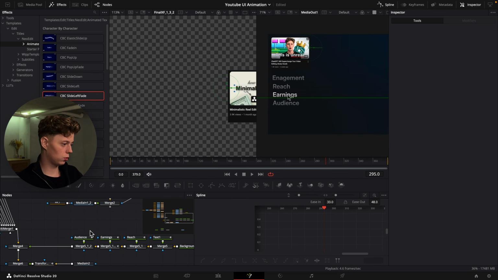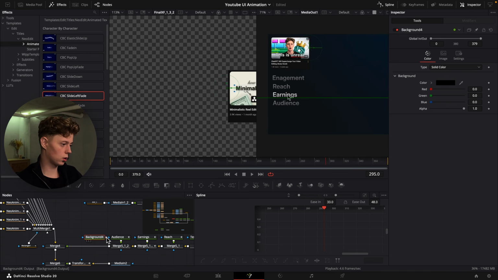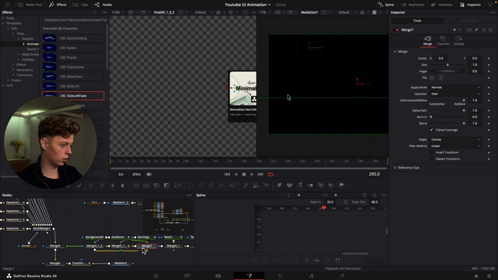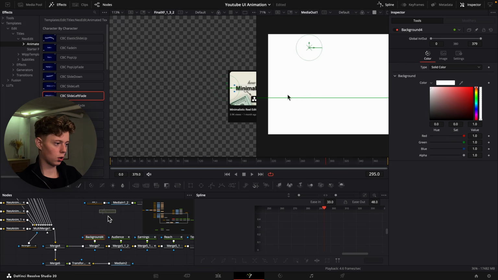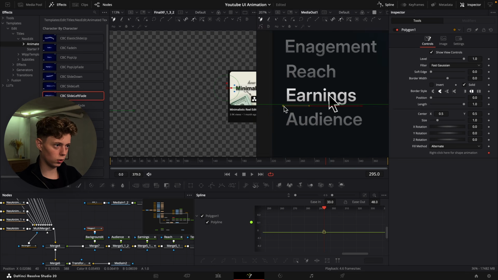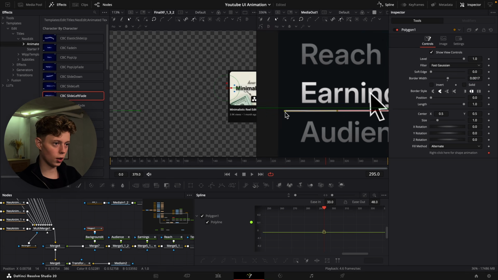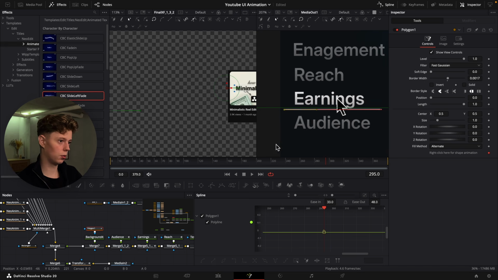What we can also do is do this kind of full animation below it with this line. So just grab a background and connect it like this and just make it white. Grab a polygon node and then just make the line from here to over here like this, and just check off solid, and then we can just drag up the width a little bit. Just drag it all the way over like this, and then just decrease the border width a little bit. We just want it to be this subtle line that just animates on right under it